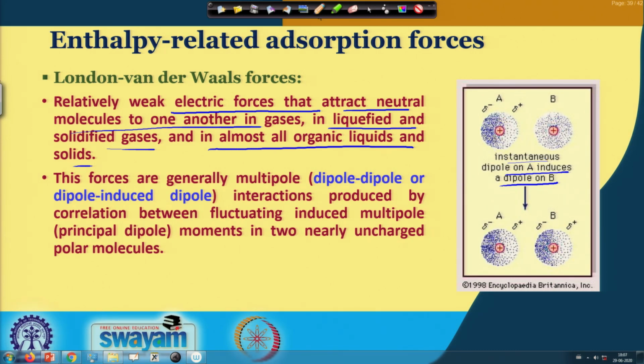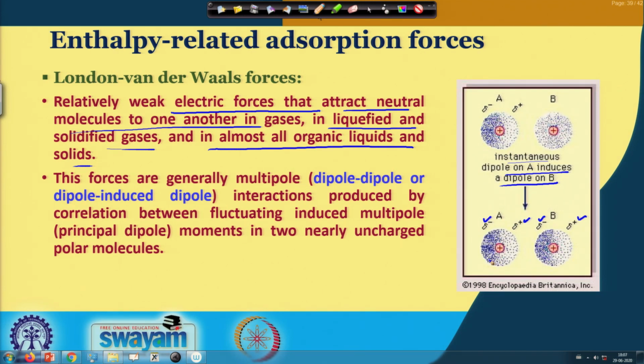So, in A, when there is an instantaneous dipole, you can see positive and negative, so positive charge, negative charge. So, there is a dipole. This instantaneous dipole results in a dipole in B also, so here is negative, positive, and due to this instantaneous dipole, an opposite sign develops in the vicinity of B. So, you can see here there is another induced dipole also. This is the reason for this van der Waals force. These forces are generally multipole, that is dipole dipole or dipole induced dipole. So, you can see here dipole induced dipole